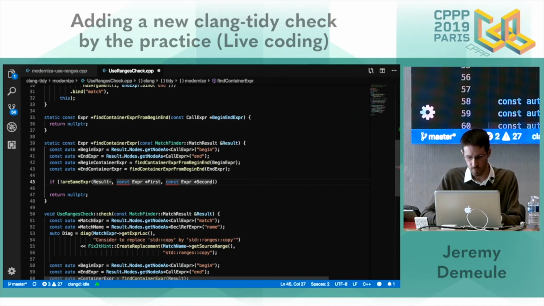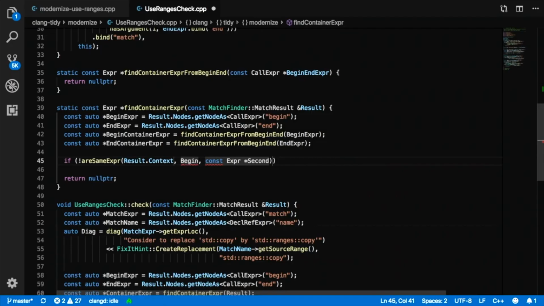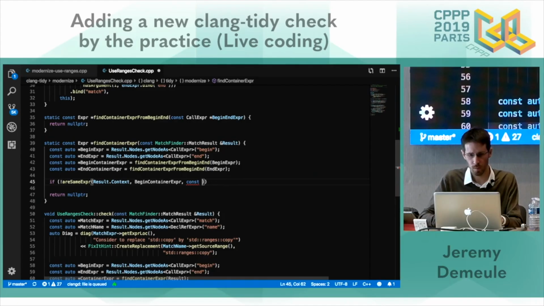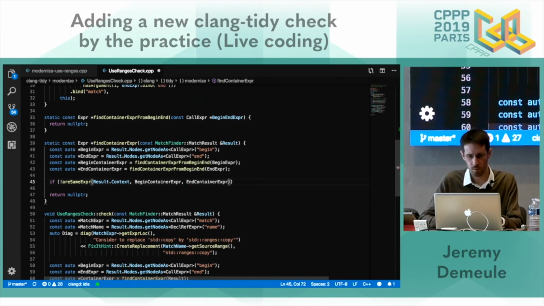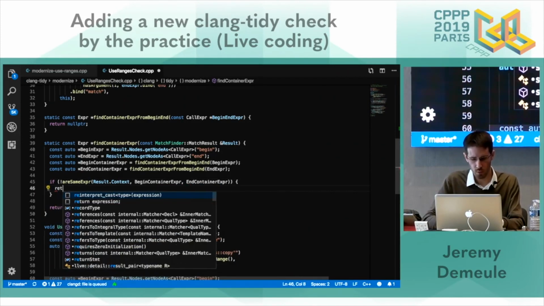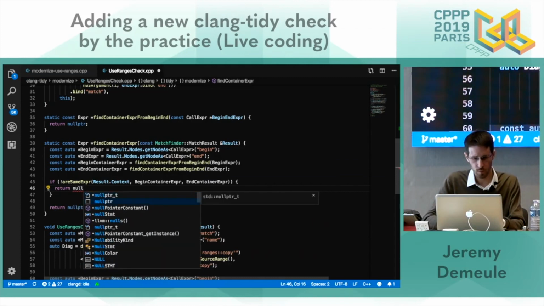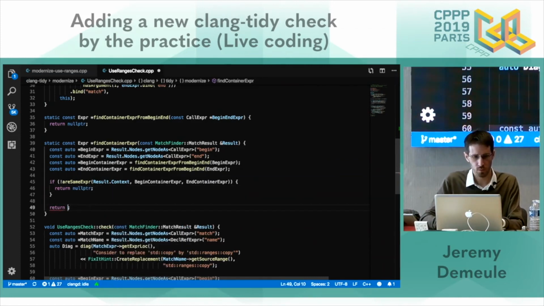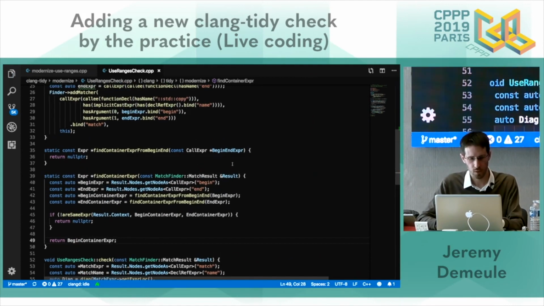Need a context, I will give it a context. The first expression will be my begin container expressions. The second one, my end. If they are not the same, I will return null. Else, whatever, the first, the begin or the end.